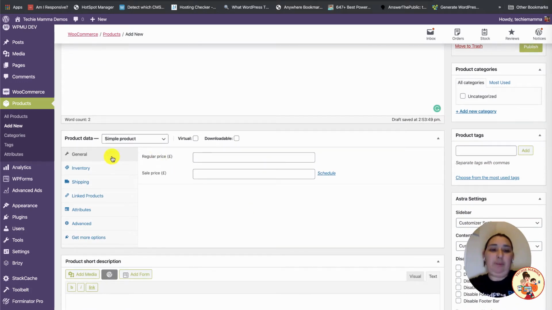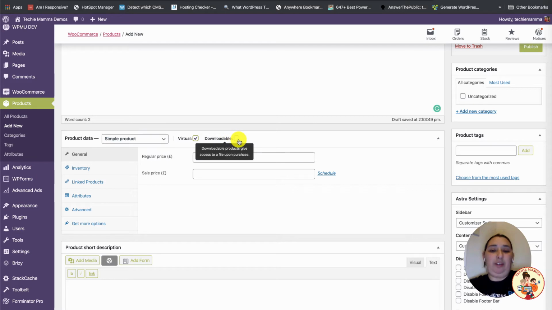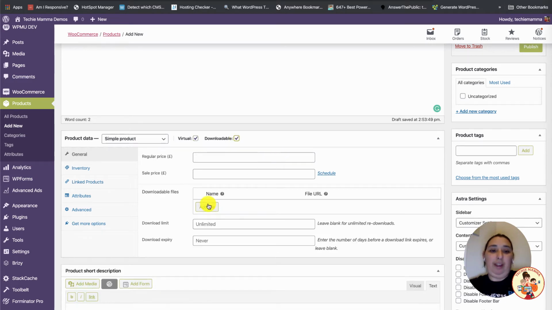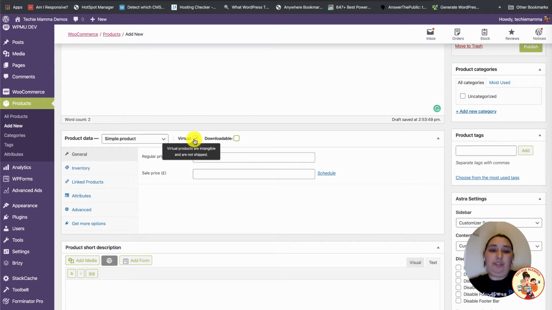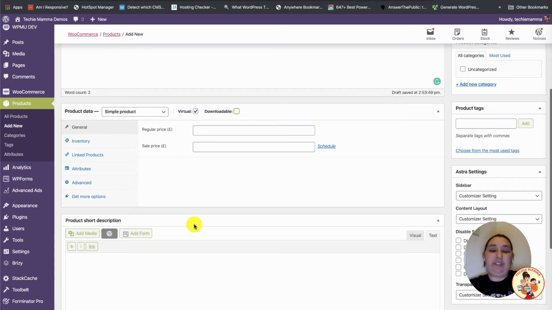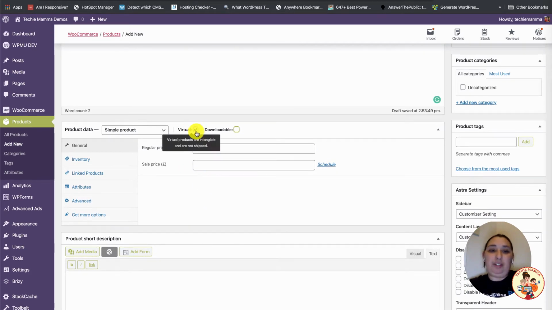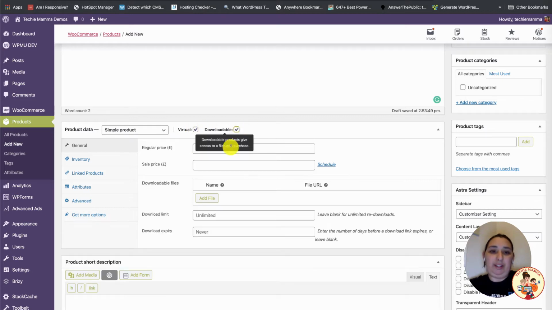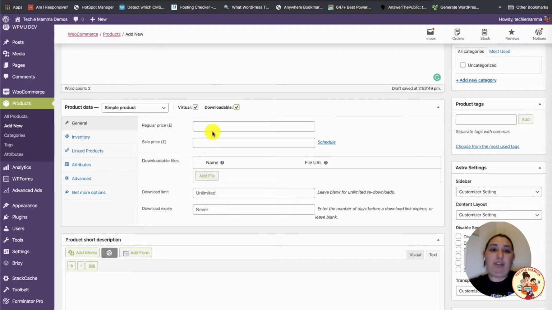Down here, we have a couple of different options. Is it a simple product? Is it grouped? Is it external? Is it a variable product? We'll go through these in future videos, but we'll do a simple product. And then is it virtual? And can you download it? If it's something that they're going to get that they can download, you can click on downloadable and you can add your file here. If it's just a virtual thing and you're just allowing them access to something, then you'll click on virtual. I'm going to go ahead and click on downloadable and we'll add a file here